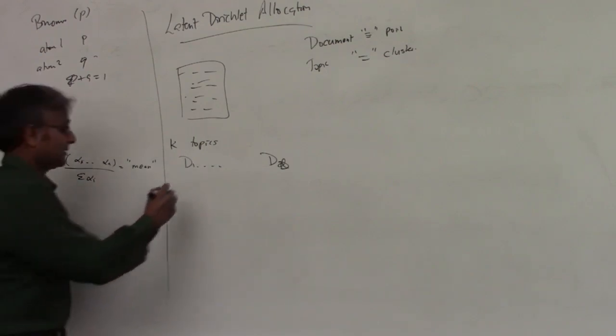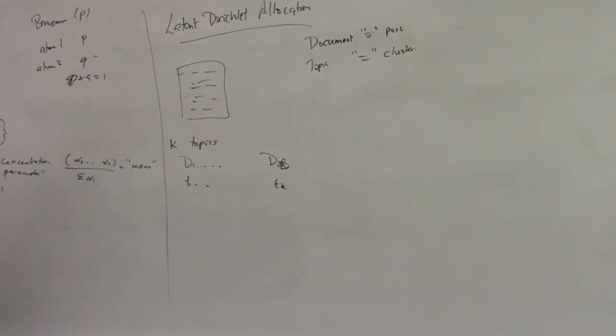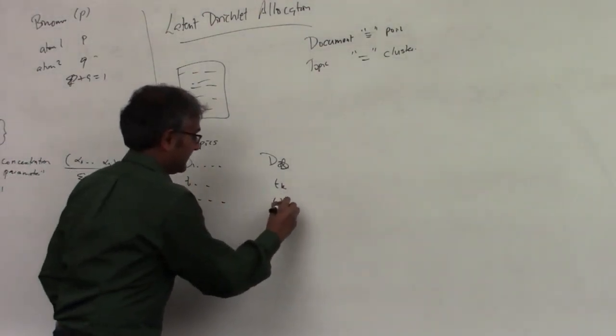There are K topics, so there are topics T1 through TK. And there's a vocabulary of words, the words being used in all these documents. Maybe all these documents are from a newspaper corpus of some kind. So there's some vocabulary. You can think of the union of all the words that you see. So there are some words W1 up to WB.